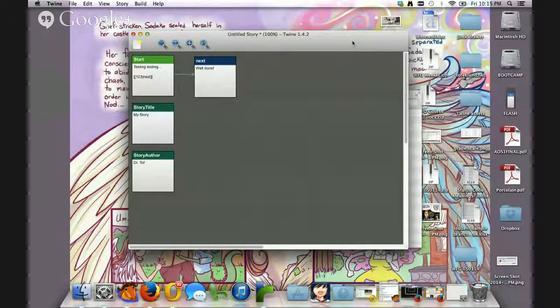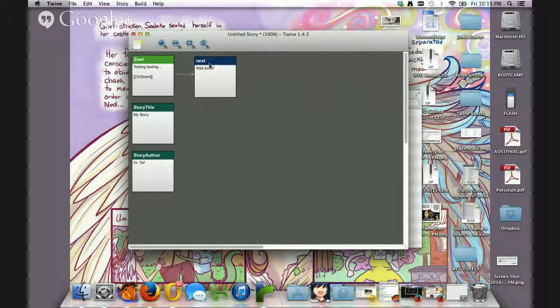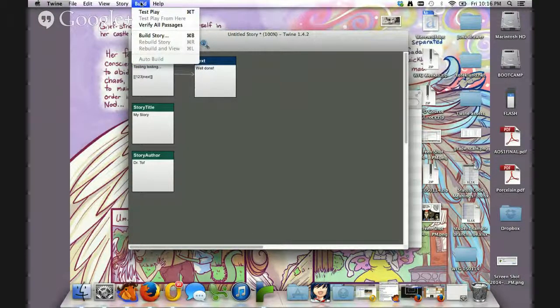In terms of vocabulary, any file of Twine is called a story by Twine, and each box is called a passage. Those terms are specific to Twine and are different from some of the terms we talk about in terms of things like branch points and golden paths and convergence and things like that. Build is how you turn a file like this, which is for creation purposes, into something someone else can play. You can build the story